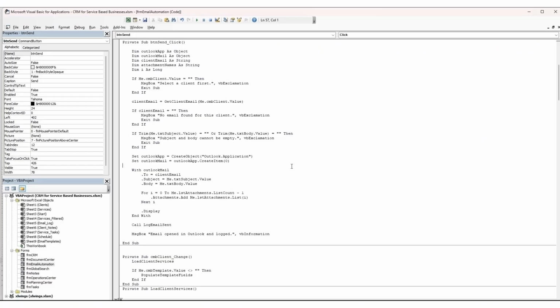Finally, our email send button. Before opening Outlook, the system validates that a client, subject, and body are all filled in. The CRM creates a new Outlook email, populates all fields, attaches files, then displays it. And you can change this line .display to .send if you want them to be sent out directly. I like it with .display because that gives you a chance to look at it and confirm it yourself before